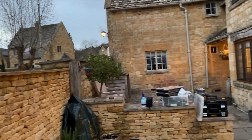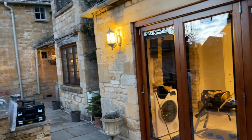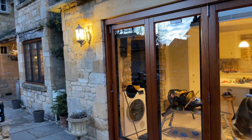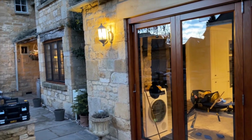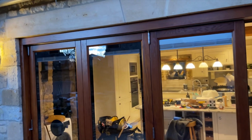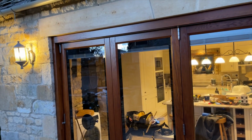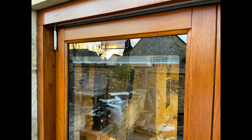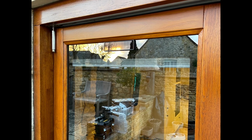What we're going to show you here is a set of integral blinds we supplied as a retrofit to replace some 4-year-old integral blinds supplied by someone else. And the customer here at this project at Chipping Camden in the Cotswolds went for jet black dress perimeter with beige slats. The 2 units on the left there you saw we replaced, and the one on the right was